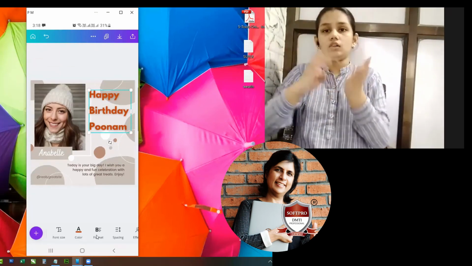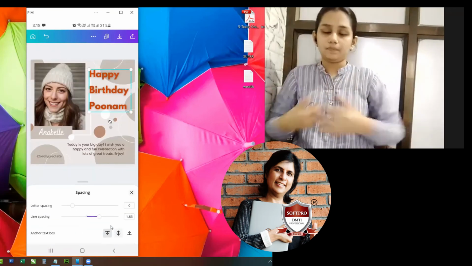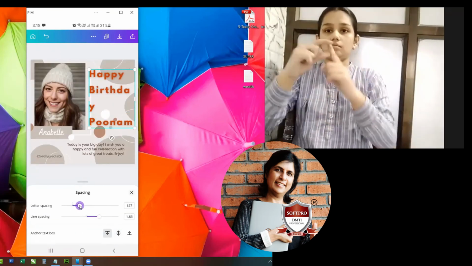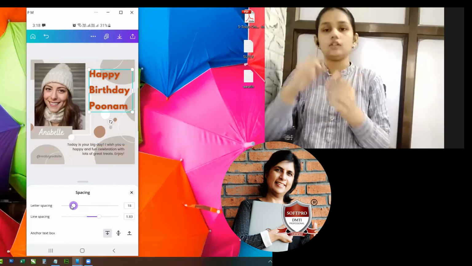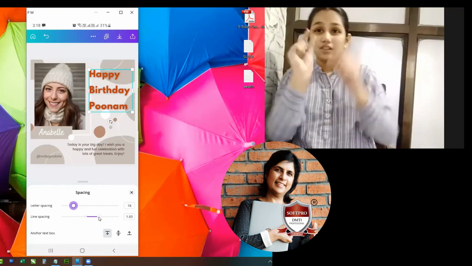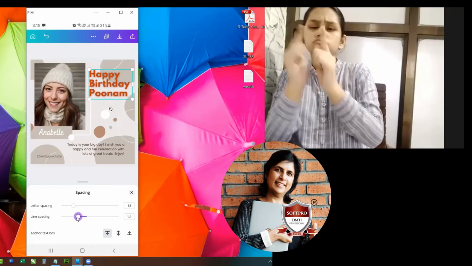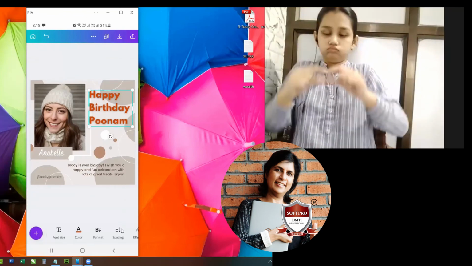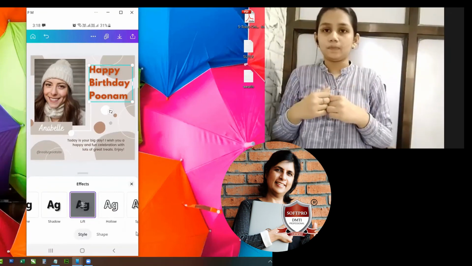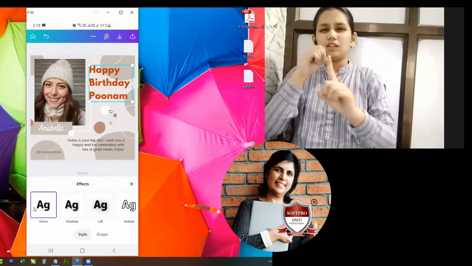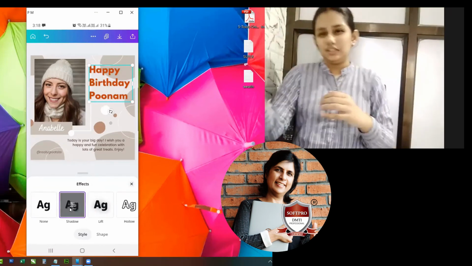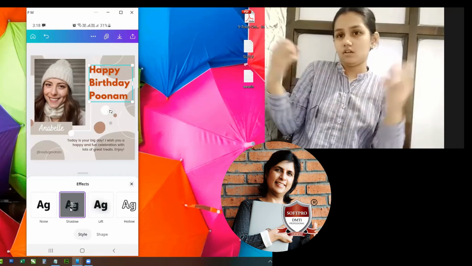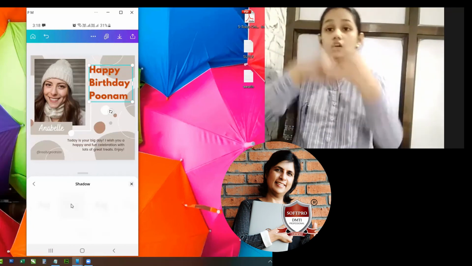Then I'm coming to spacing commands. When I come to spacing commands, this is my letter spacing, right? Space between letters. Line spacing, space between lines, correct? And then it is my effects. In effects, we saw no effect, shadow effect. Again, if I want to go deep into shadow, I'll click on it.